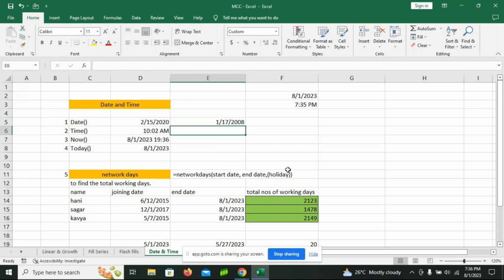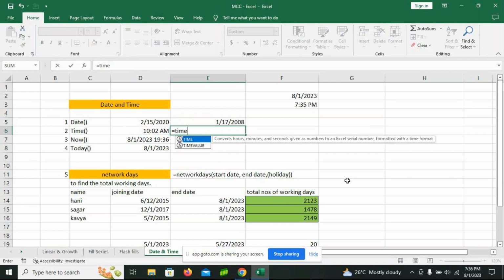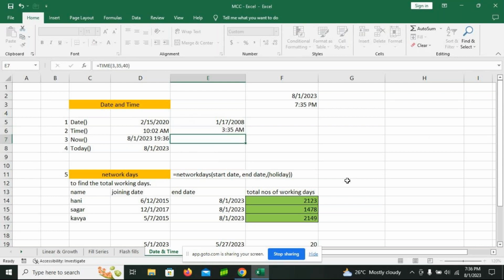So time: equals time, open the parenthesis, hour. So I will give 3 o'clock, 35 minutes, 40 seconds. Close the bracket, enter. So as I'm giving 3 o'clock, it is showing as AM. That is early morning AM. So if I wanted PM,